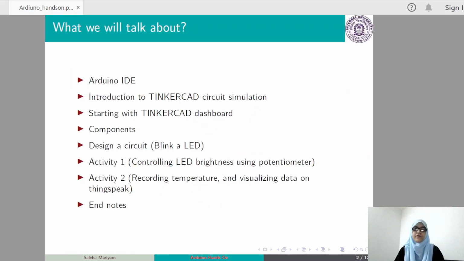In today's session, we will talk about Arduino IDE. In Arduino IDE, we will once again revise the whole topic that we have discussed in the previous overview session: which online IDE, desktop IDE, how to install them, how to use them. Then we will move on to the online simulator, that is Tinkercad. We will see an introduction to Tinkercad circuit simulation. Here we will get some information about it, and then we will start with